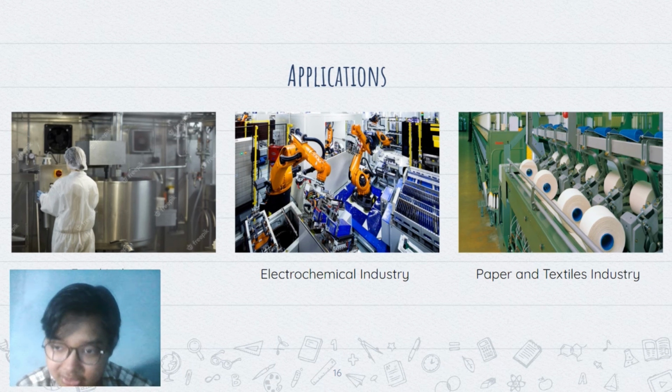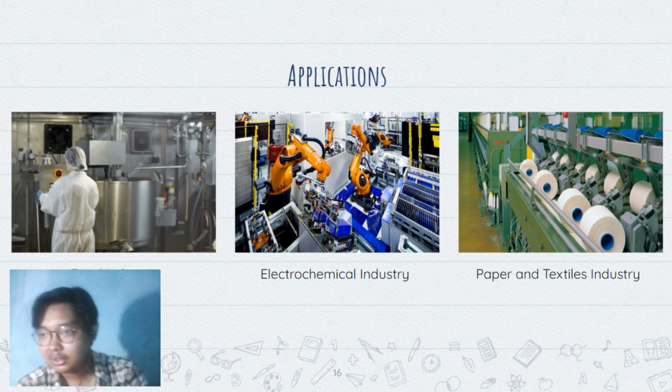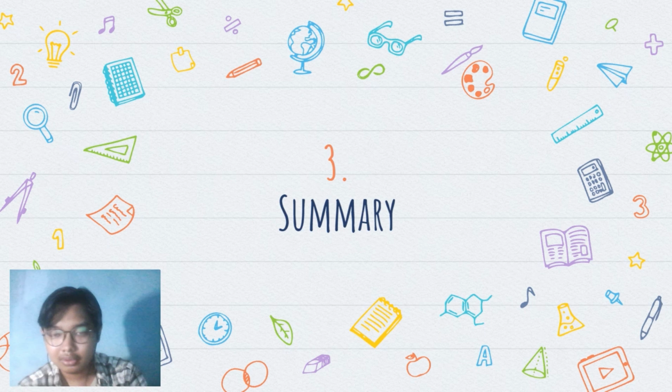And in the textile industry, the pH measurement is essential in the dyeing process. A specific pH value dictates the processing speed and longevity of the dye, the dye that is used for coloring the textile. Okay, I think we have landed in the last section of this content.